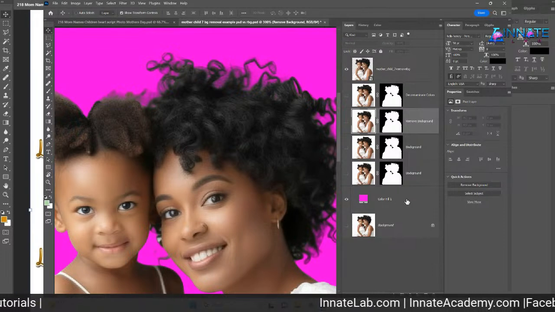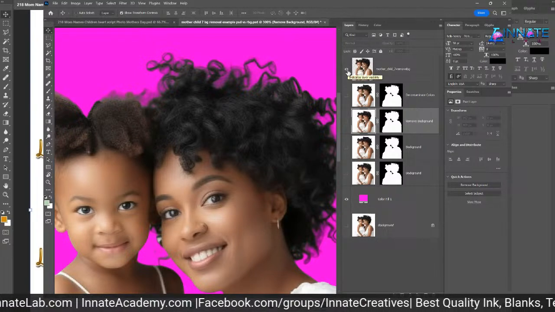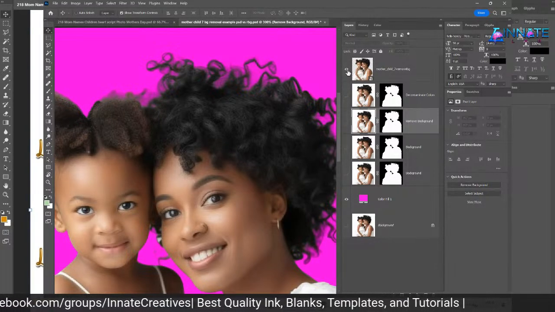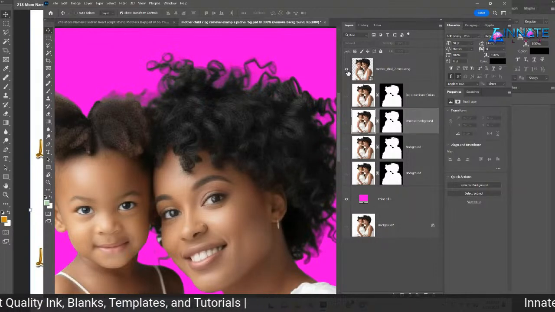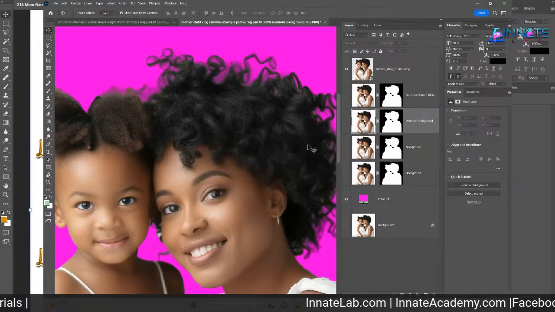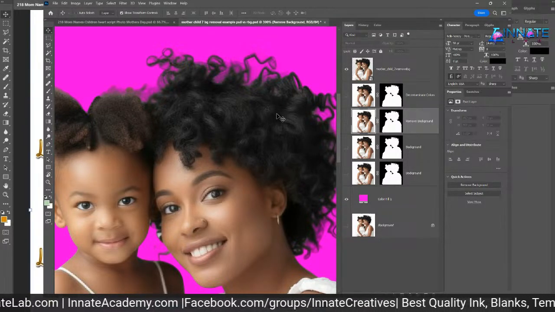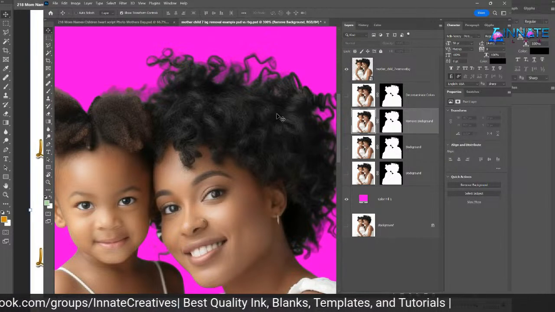So although I know how to very much do this in Photoshop, I still prefer remove BG. And that is just my honest opinion. And I'm telling you all because if it saves time, it saves money, and it also makes you more efficient and you can get more done. So I will still suggest go to remove BG. There are some quirks in remove BG where maybe it removes some of the white that you don't want. Just go ahead and build it back in with the remove BG tool. Then you can clean it up in Photoshop. But I have done much less work coming from remove BG to Photoshop than when I remove the background inherently